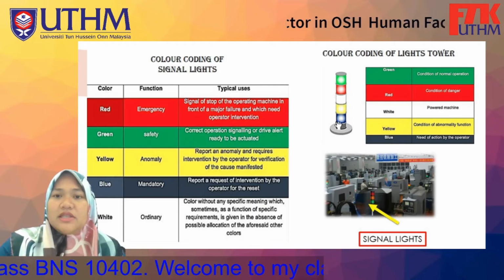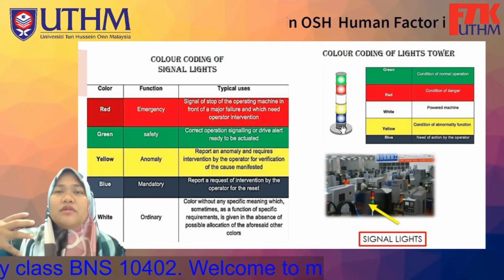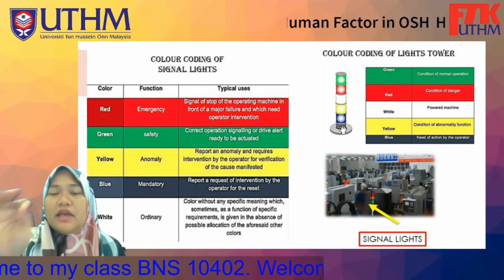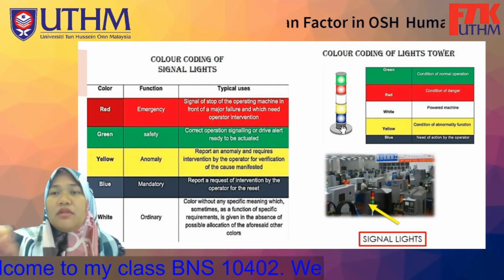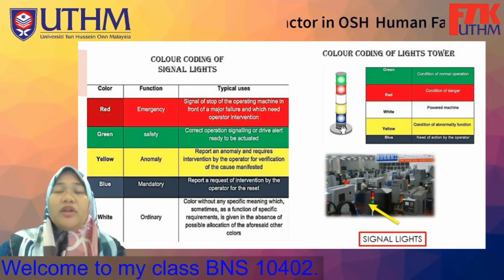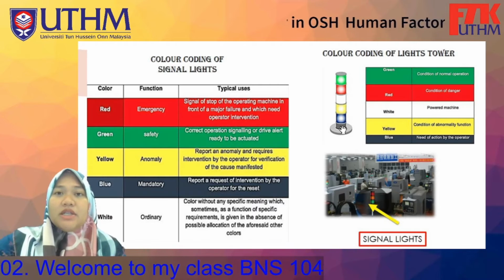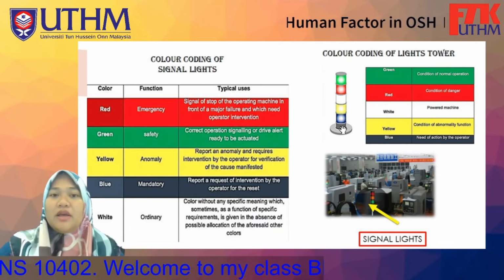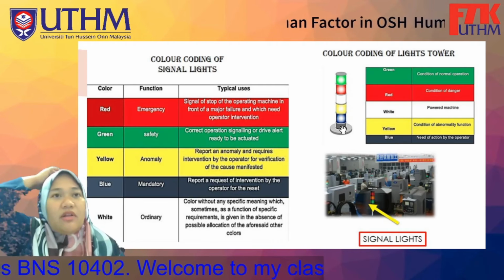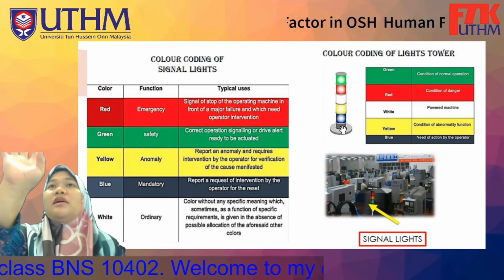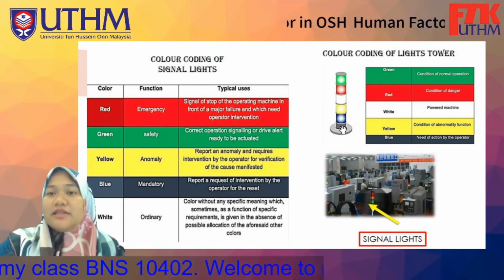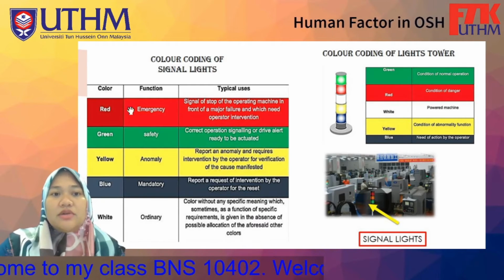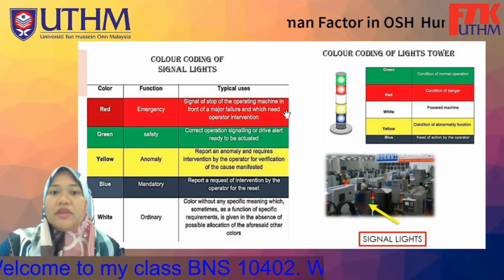This signal light is very important, and it can reduce the time of the worker or operator to monitor the machine in the production line itself. So if they have a lot of machines, they just watch the signal lights if anything happens at the machine. So red usually is a signal to stop the operating machine,